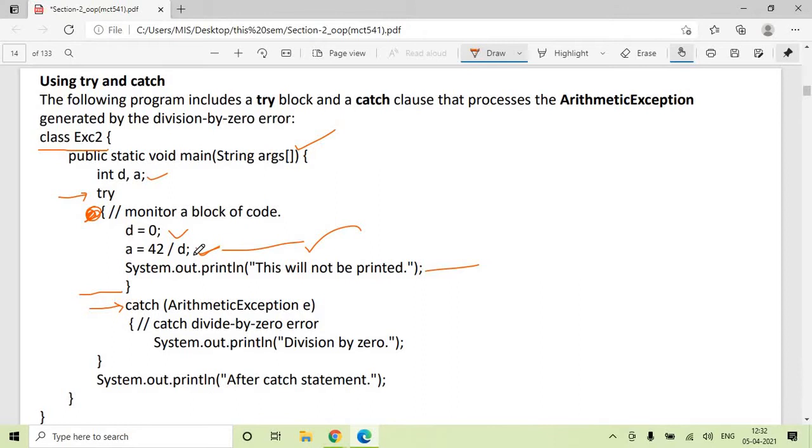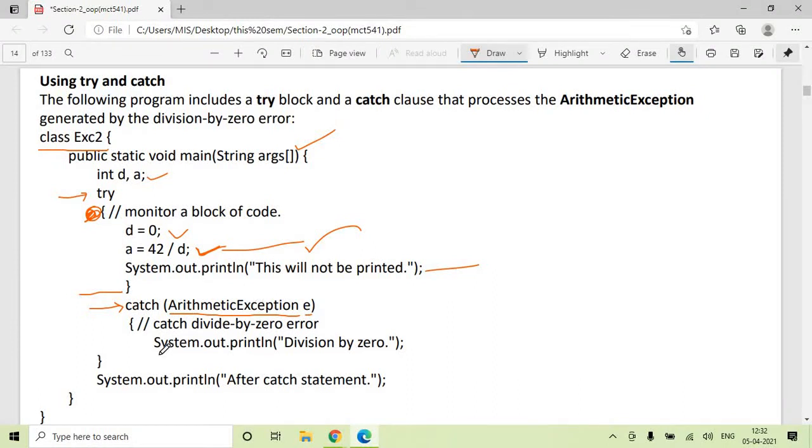So we know that this particular kind of condition will come in the arithmetic exception category. So whatever object is created here will be of type arithmetic exception, and we have written a catch block capable of handling arithmetic exception e. So e is an object reference of type arithmetic exception class.